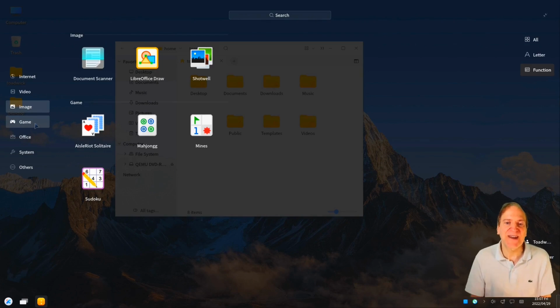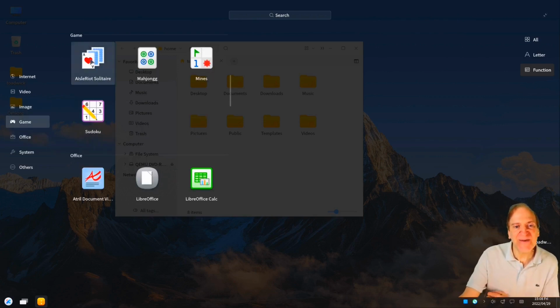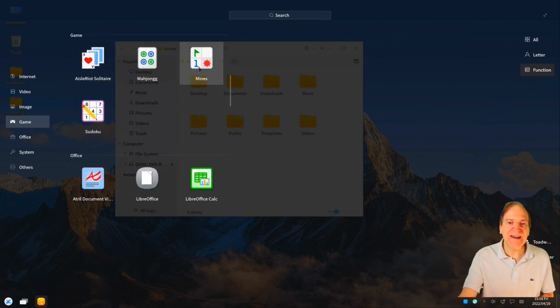Very feature rich, and it's really hard to find a good PDF editor for free, especially. And a lot of people have one right under their noses and don't even know it. So there you go. And then under games, of course, we have the Solitaire that I just opened, Mahjong, Minds,